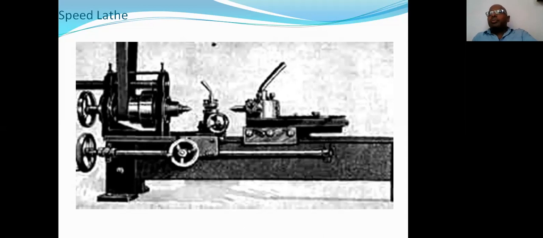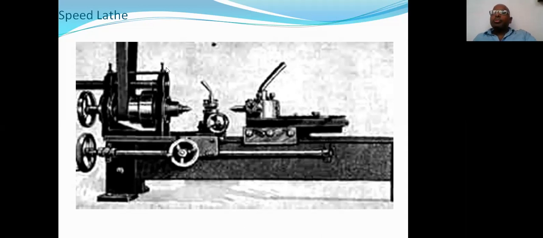Now come to this particular speed lathe. At the beginning of the speed lathe discussion, we said this lathe is used for simple and small components. Simple means the operations required should not be complicated. They require only simple operations like step turning, face turning or taper turning. You should not require either knurling or thread cutting operations. So the required attachments are very few.